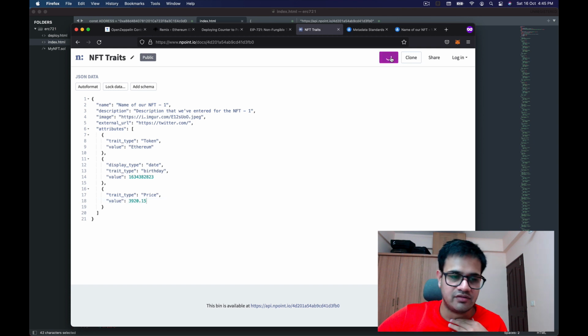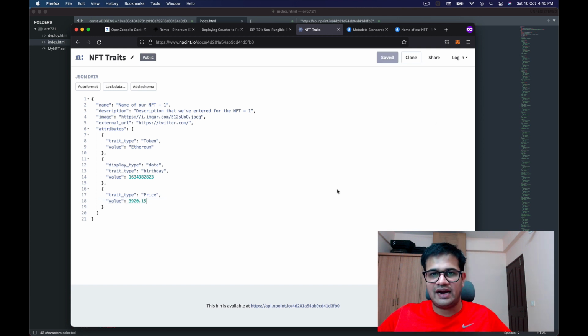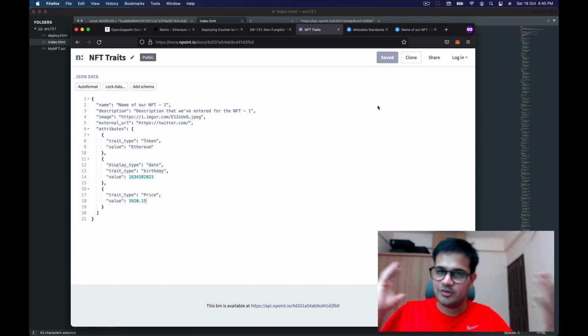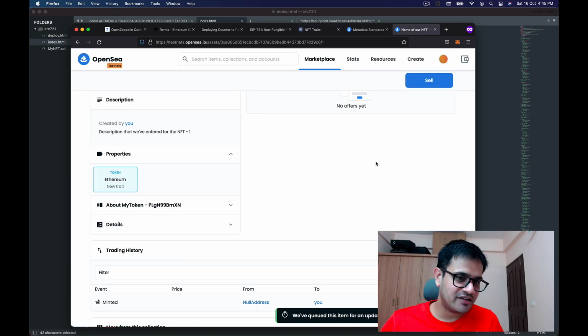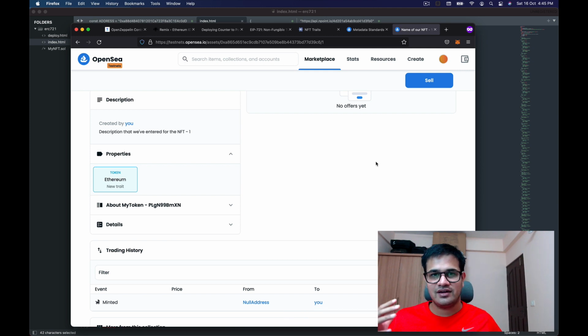So I press save again, and this is how you basically add attributes to an NFT. And if each NFT has attributes, OpenSea will collect all of them and then figure out the rarity of it.